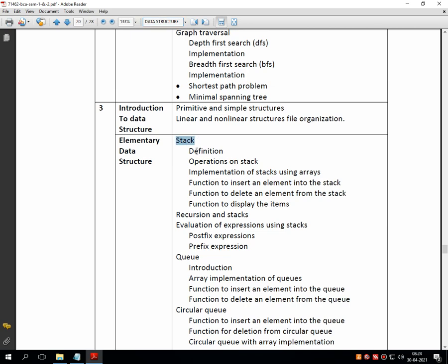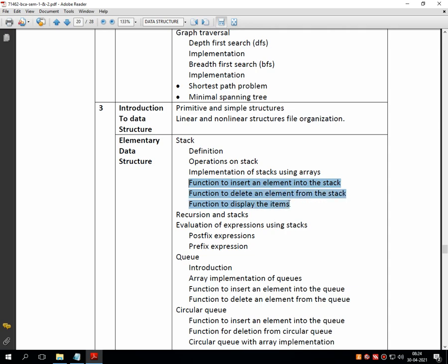What we have done in the stack, let's take a quick look. We have discussed the definition of stack, then the various operations of stack. We have implemented all those stack operations using an array.